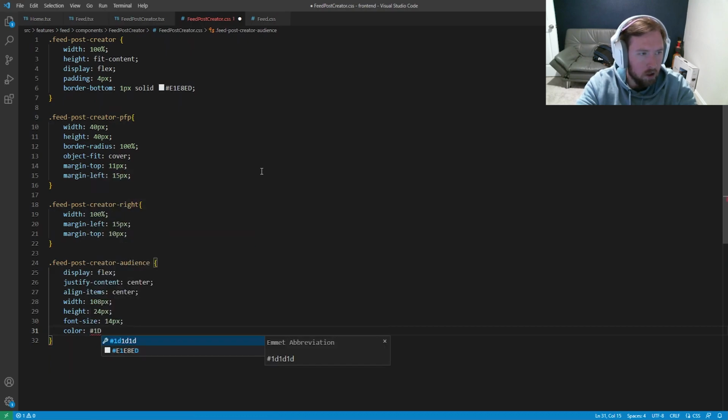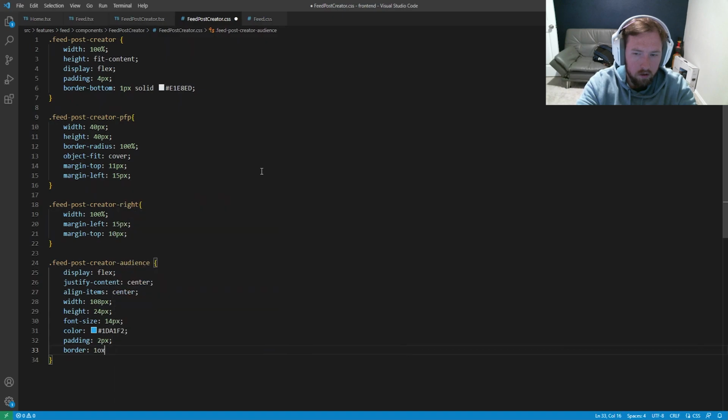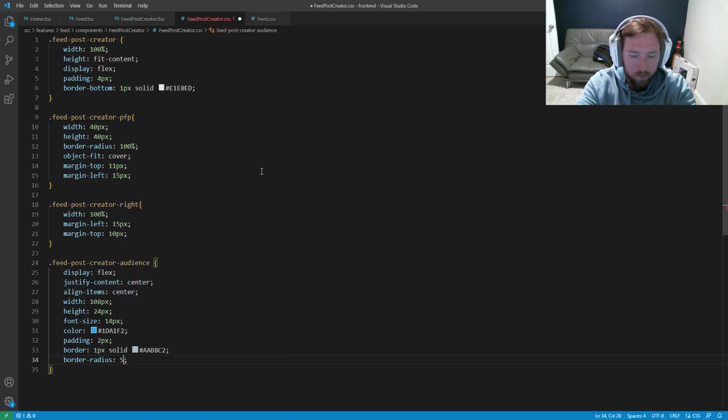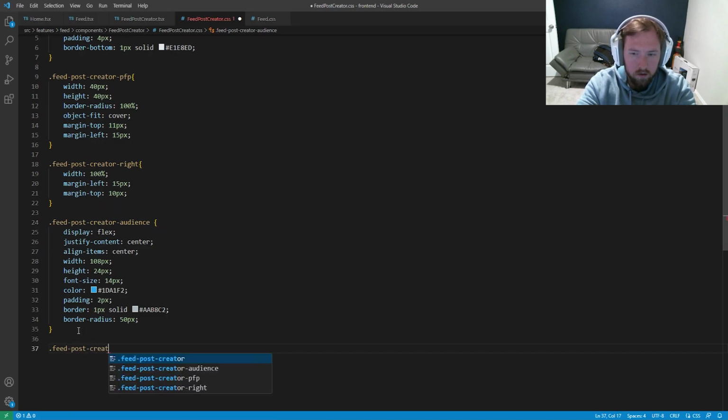So 1DA1F2 should be Twitter blue. It's going to have a small amount of padding, about 2px. It's going to have a border on it. So the border is going to be 1px solid, and it's going to be B8C2, and then it's going to have a border-radius of about 50px. And we also want to set up the hover on this .feed-post-creator